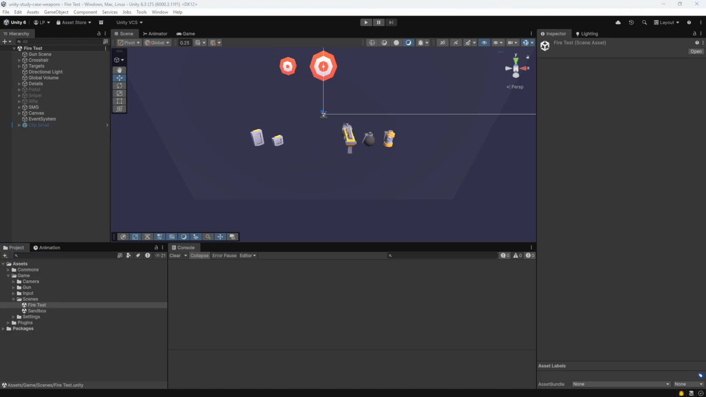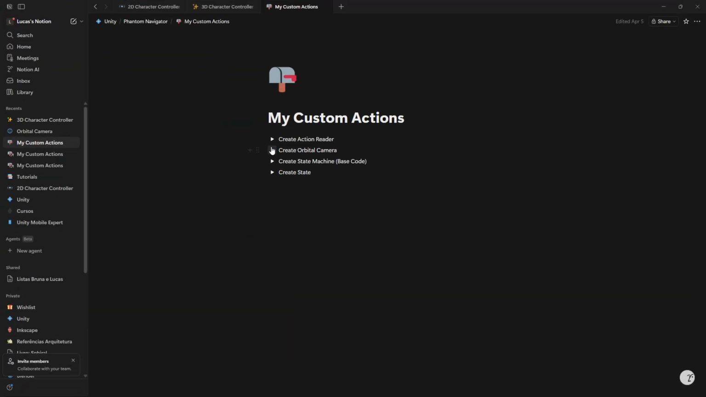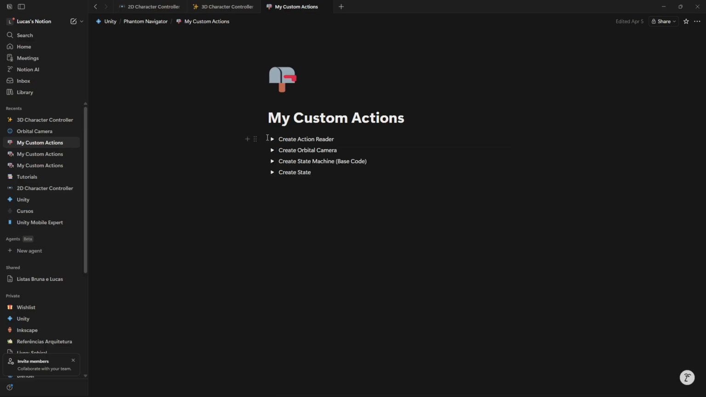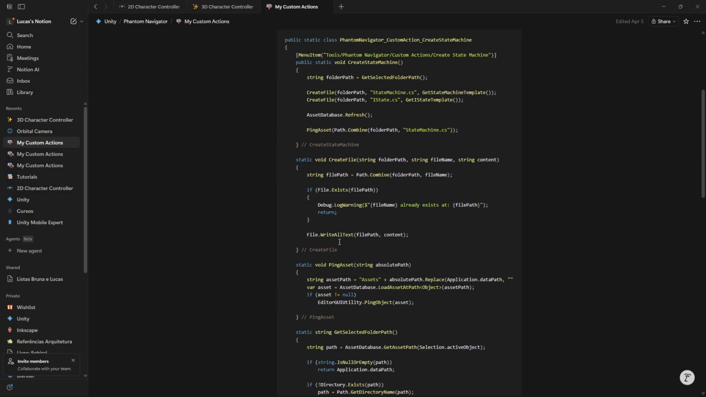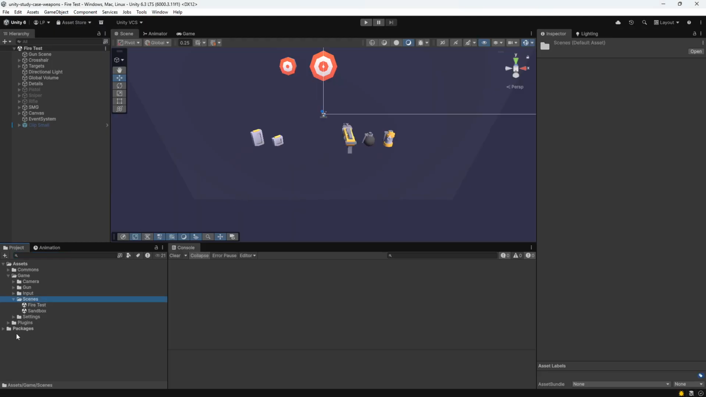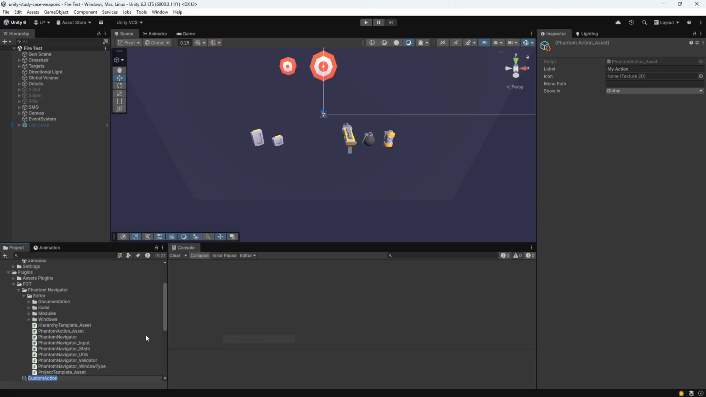For example, let me see right here. I have a lot of boilerplates. Usually in my projects I have this action reader code that I always use. Orbital camera is something that I use a lot. The boilerplate for creating a state machine. What if I could simply create an action? I will show you quickly a way to create this. So let me open my plugins here and I can create here, just for testing purposes, Phantom Navigator, custom action, and I can call this